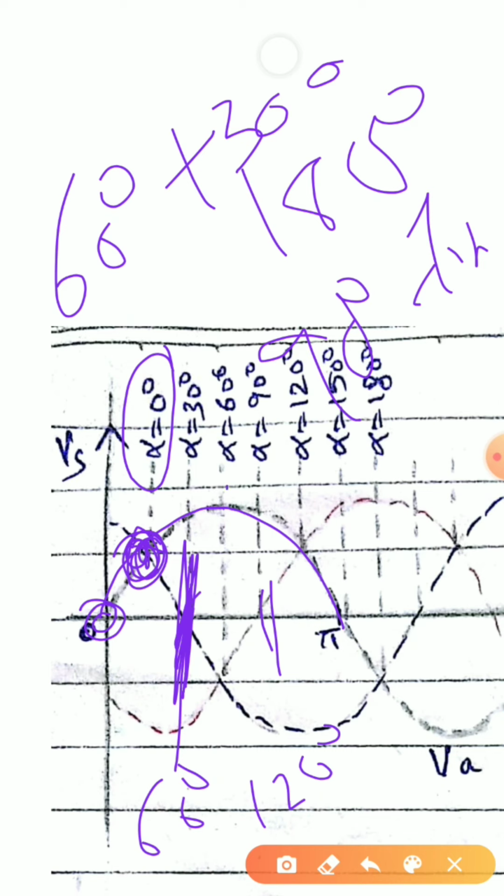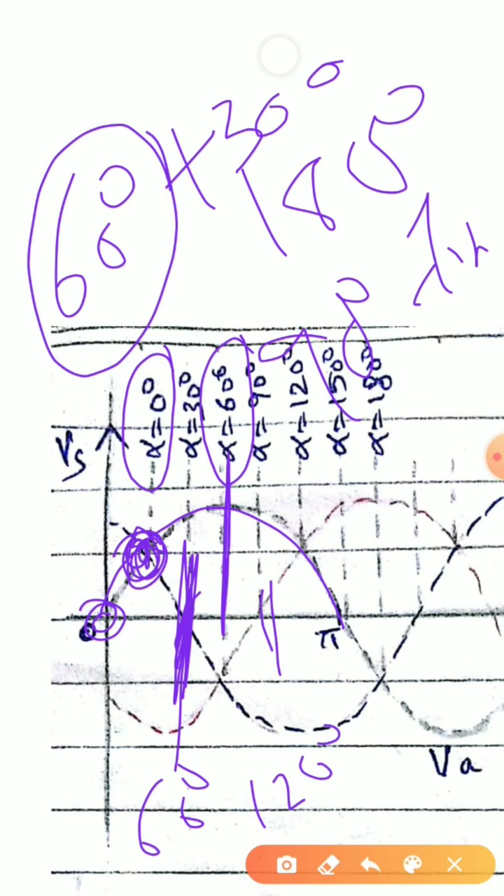So this is 90 degree of my waveform. Here we can clearly see that if I am giving a firing pulse at 60 degree, my thyristor will start conduction at 90 degree. So this is the full waveform, the first half of the waveform. This is its center portion. So this is alpha, and this is time omega t equal to 90 degree.